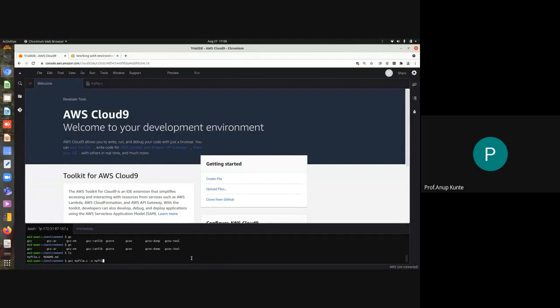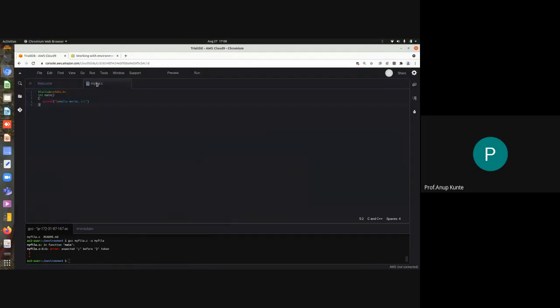So we are executing it. Okay, it says that I should put a semicolon. Probably I forgot it. Nowadays everybody is practicing Python, so you tend to forget putting the semicolon in C code as well. Okay, yes, it is compiled and my output file is also ready. I can execute my output file and I get to see the output. That's all that I wanted to show today.